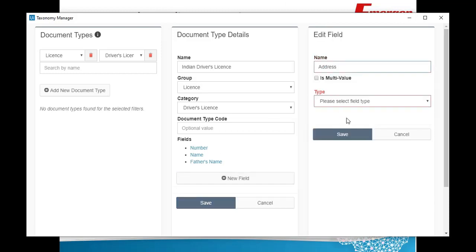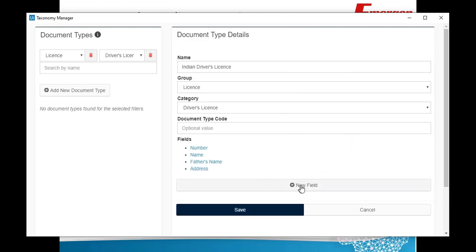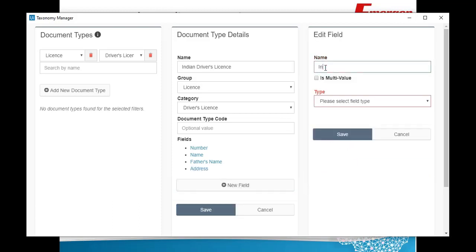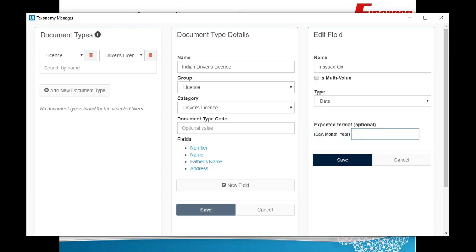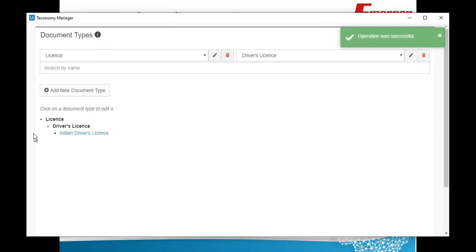Address. And issued on. It's a date. Again, format is optional. I am providing it. Save it. Taxonomy changes done.